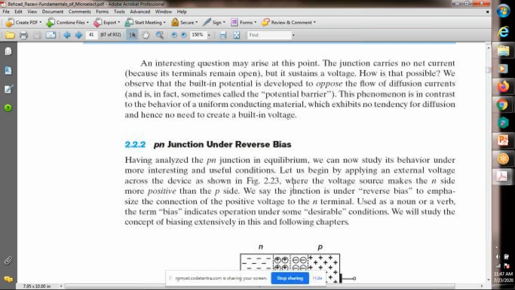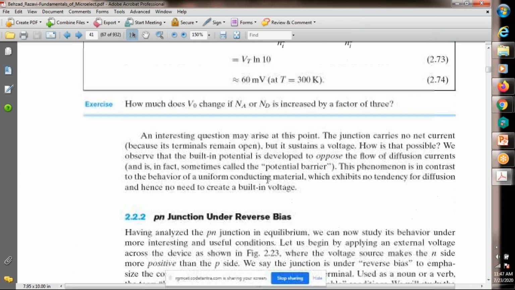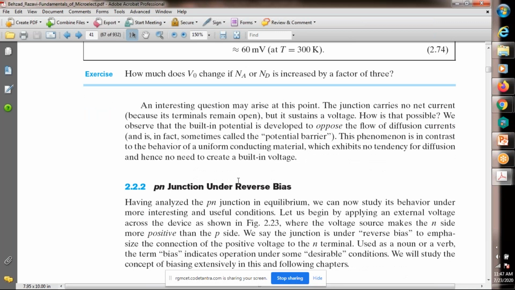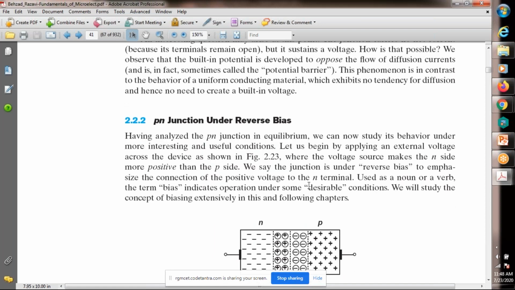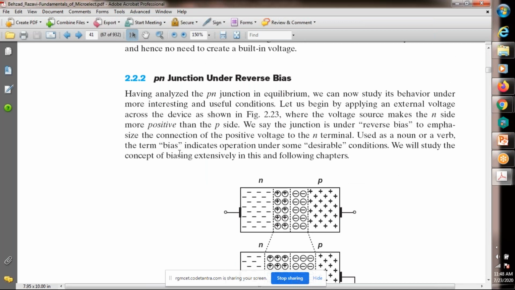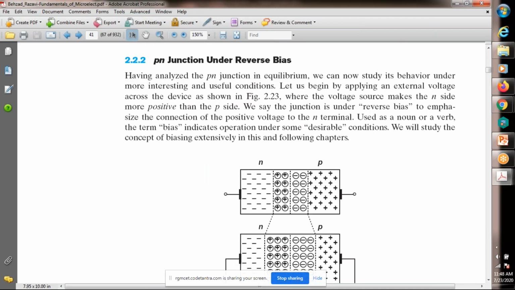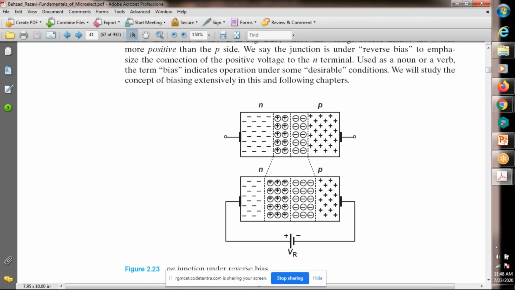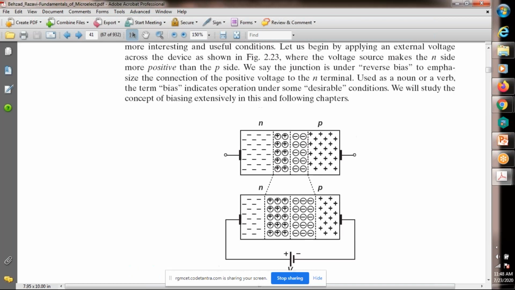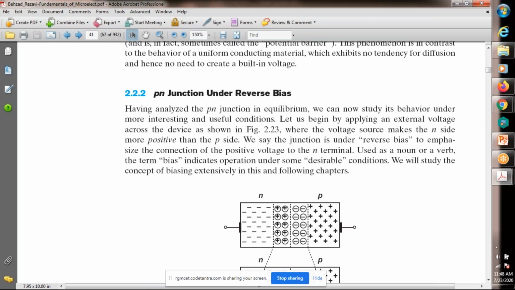Now, okay, next class we connect the PN junction under reverse bias and the PN junction under forward bias. Okay, now we will find some applications, right? When the PN junction is connected in reverse bias, when the PN junction is connected in forward bias. Right now the time is 11:48. Okay, now we should see how to connect a reverse bias, the PN junction under reverse bias condition.